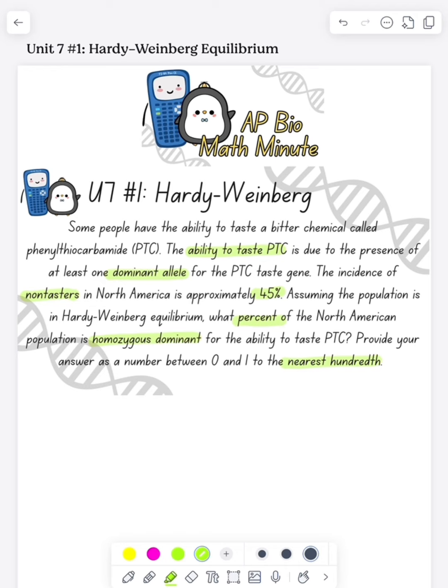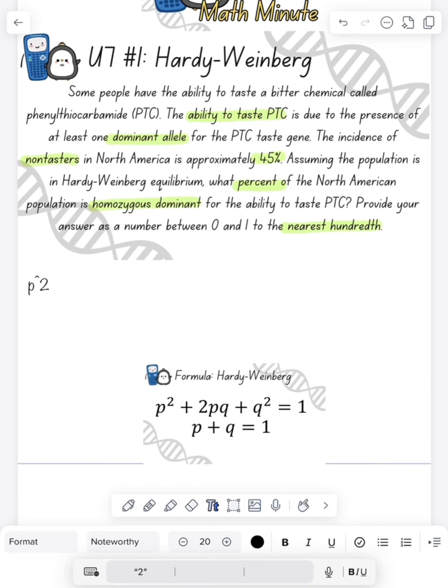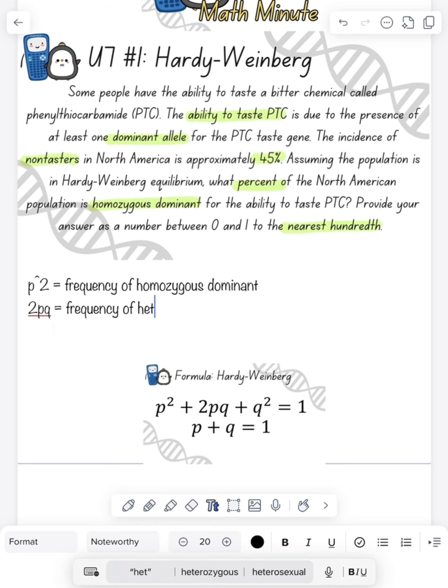So our first step, let's look at the equation. So this is p squared plus 2pq plus q squared equals 1, and p plus q equals 1. But what do these variables mean? So p squared is our frequency of our homozygous dominant, so having two dominant alleles. 2pq is our frequency of our heterozygous, so one dominant and one recessive allele. And then q squared is going to be the frequency of our homozygous recessive, so having two of these recessive